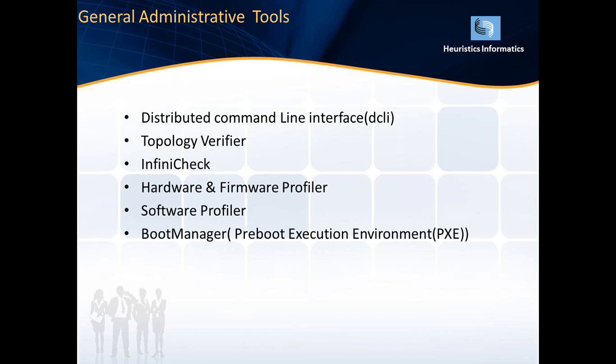The next one is the Software Profiler, which will check whether all the RPMs across all the compute nodes have been installed properly or not. If the RPMs have not been installed and are not equal across all the compute nodes, it will pop up a message and flag that these RPMs need to be installed on one of the compute nodes and these RPMs need to be installed on the gateway switches. In this fashion, the Software Profiler will check and pop up the message.